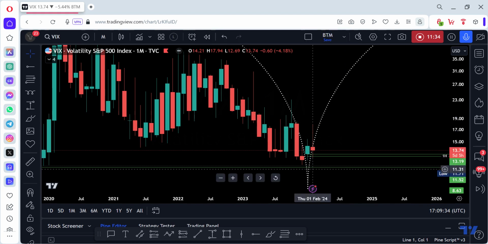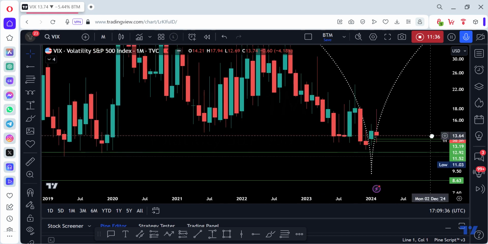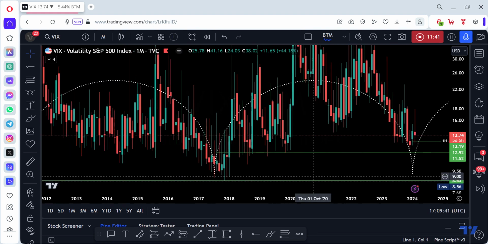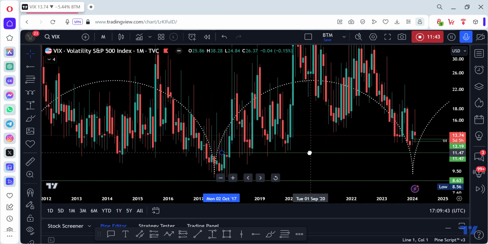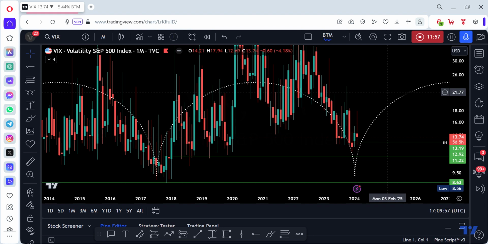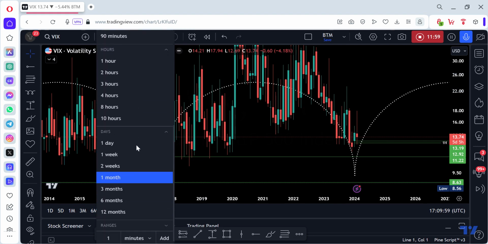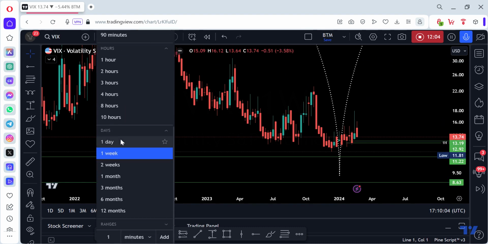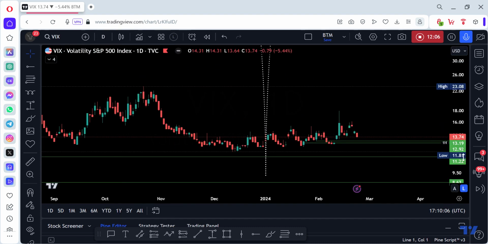I think if we make a new low, it's probably going to be timed with this strong level for me. If we trade below there, that would be nice for me to call a bottom on the VIX and also a top on the SPY. Okay, so if the VIX is going to be timed on support, I think I will take that trade, because I use the VIX to time the market.